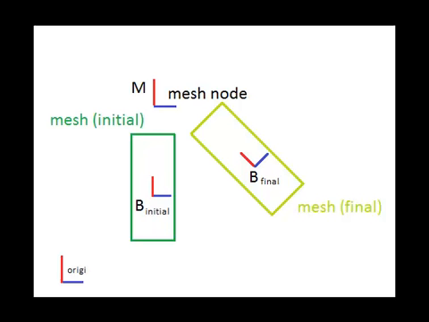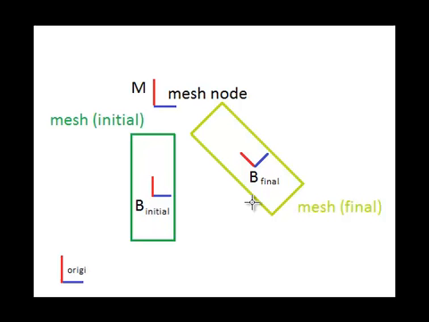Okay, so now I'm going to talk about skinning. Suppose we have a mesh node with a mesh, shown in dark green, and a bone node, or link node as FBX calls it, with global transformation B initial. At the present point in time, the link has moved from its initial or bind pose position to a new location B final. The initial mesh needs to be deformed so that it shifts and rotates in the same manner as the bone to obtain the current mesh position,